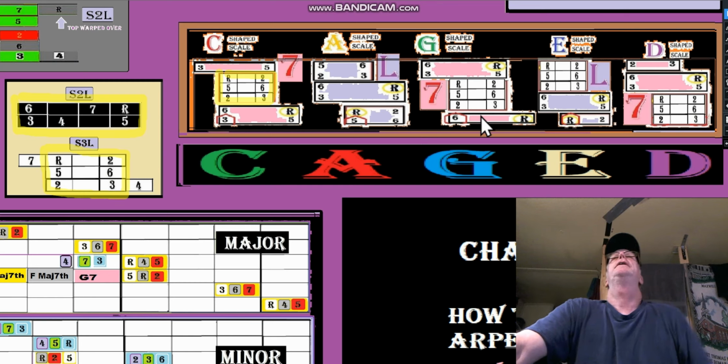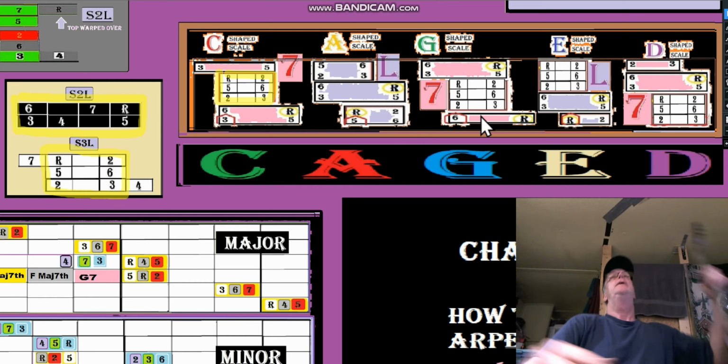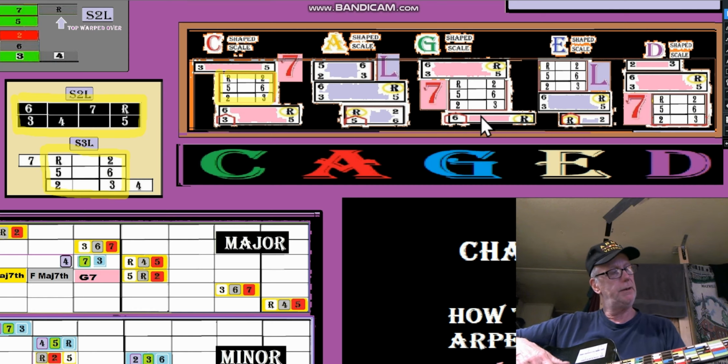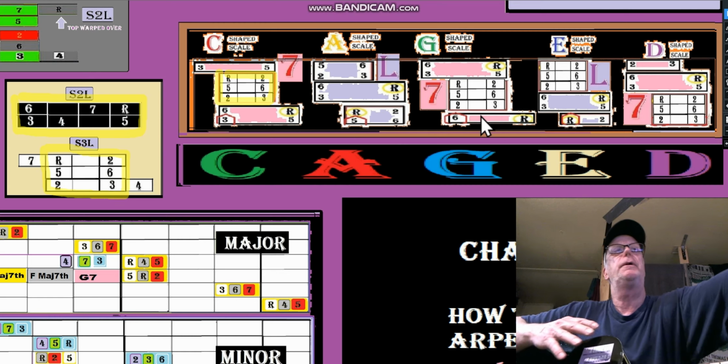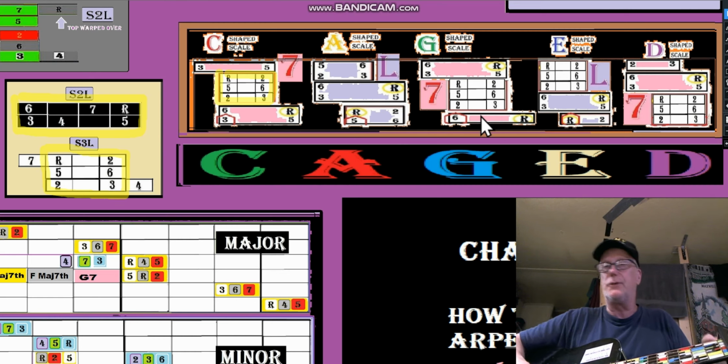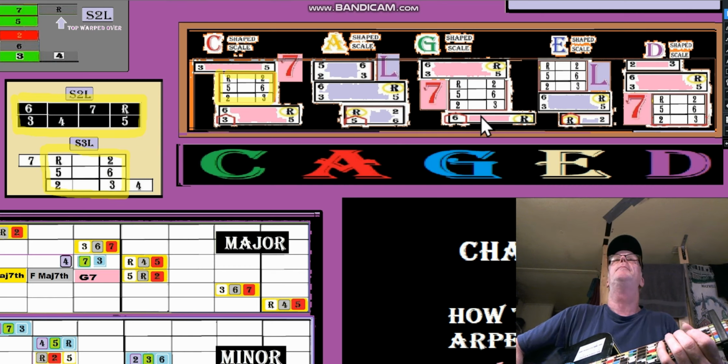So, no string, no sound here, okay? And drop C tuning here, but I'll do the capo anyway, because I went off on a different story, and I'm sorry. So let's look